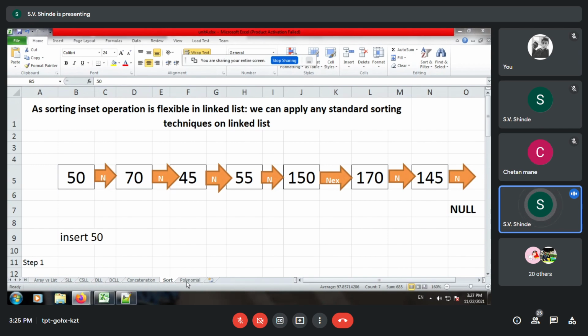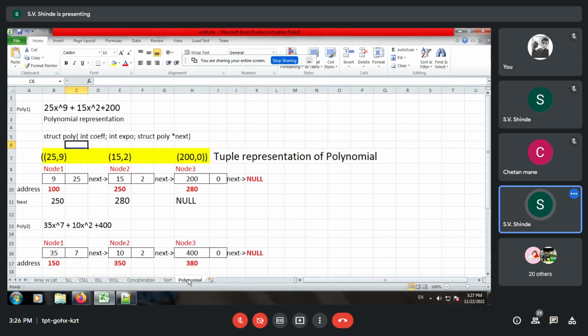Now let us come to the polynomial representation. So over here we have that tuple representation. Now if you want to represent this in the form of a tuple, it is written in this way, but when we have to use it theoretically, we put one more notation, that is 3 comma.